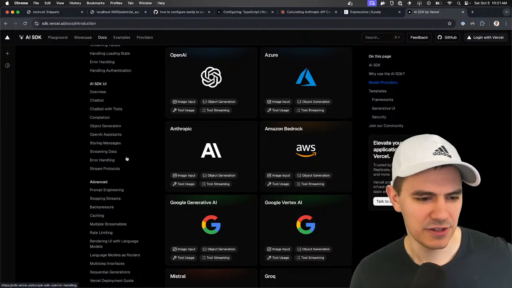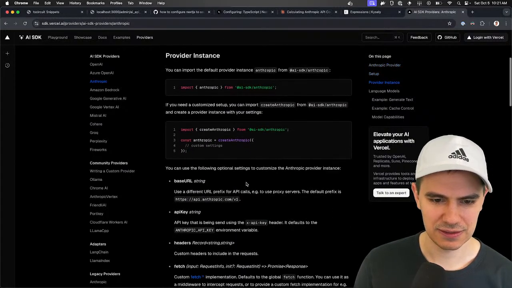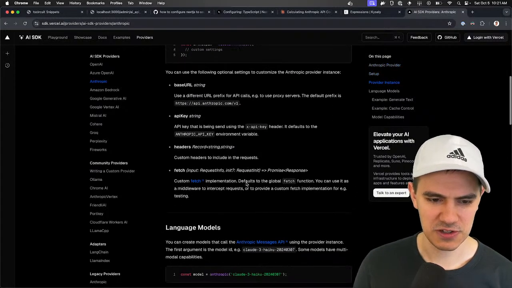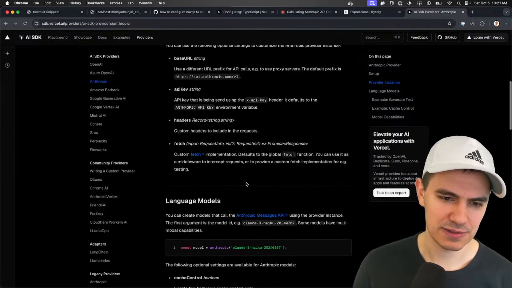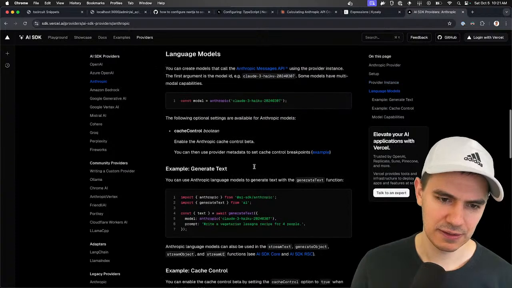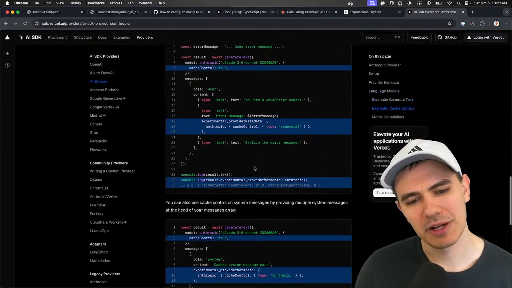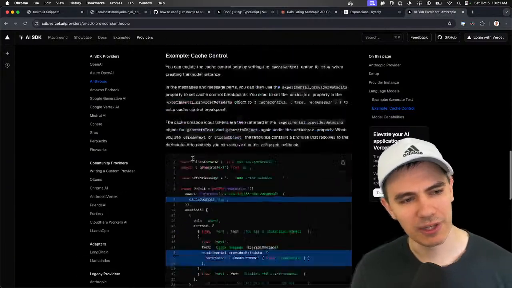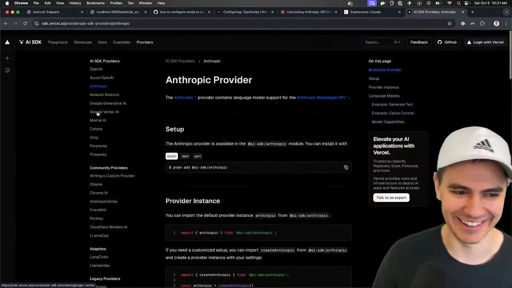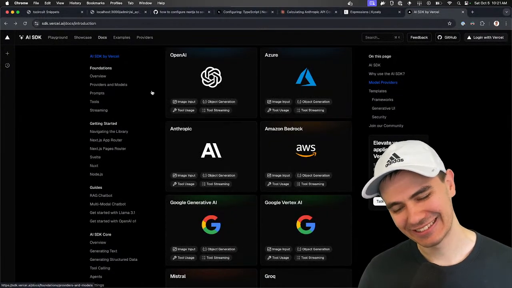I don't know why I didn't use Vercel's SDK since I'm deploying this on Vercel. Base URL, API key, headers. Yeah, we need to do custom headers in a minute. This would have probably been a better way to do this, but whatever. I wrote like a chunk parser. Yeah, I didn't realize. Oh well.